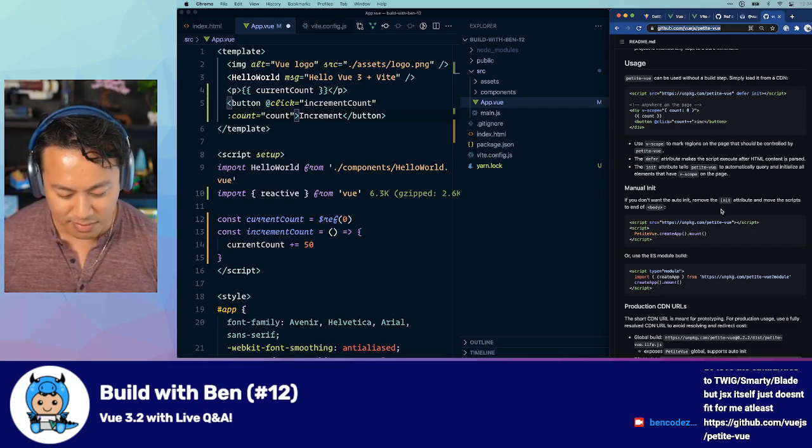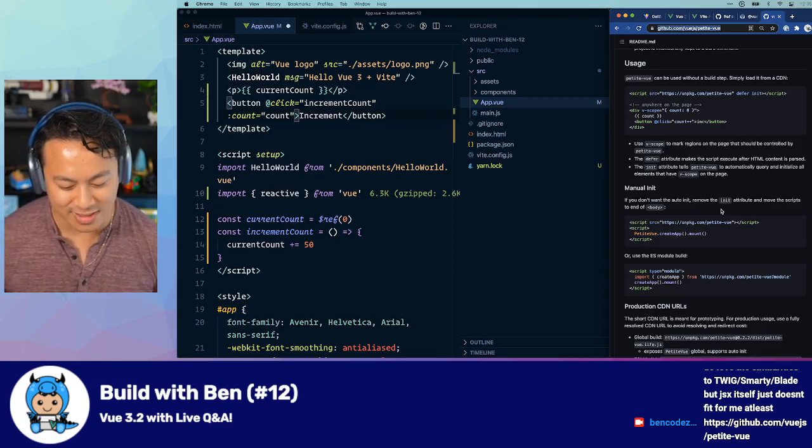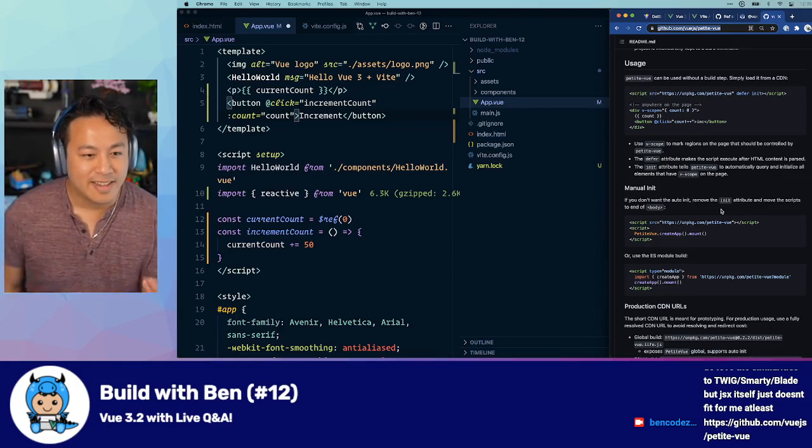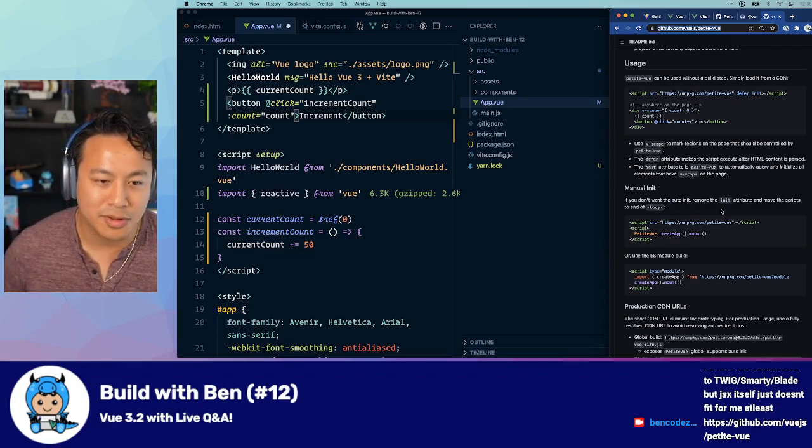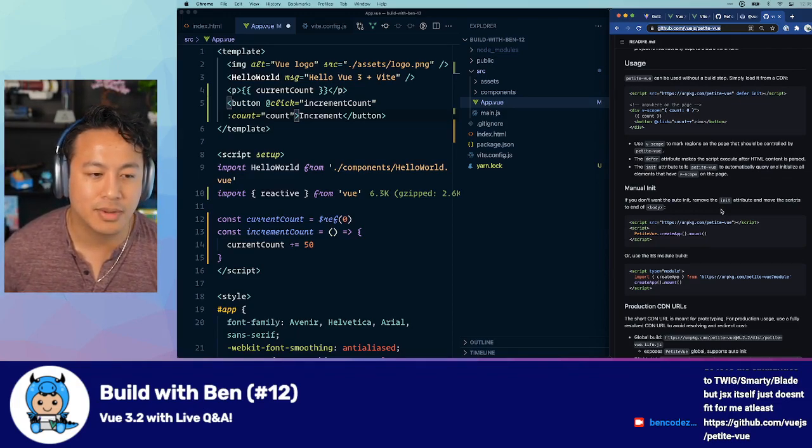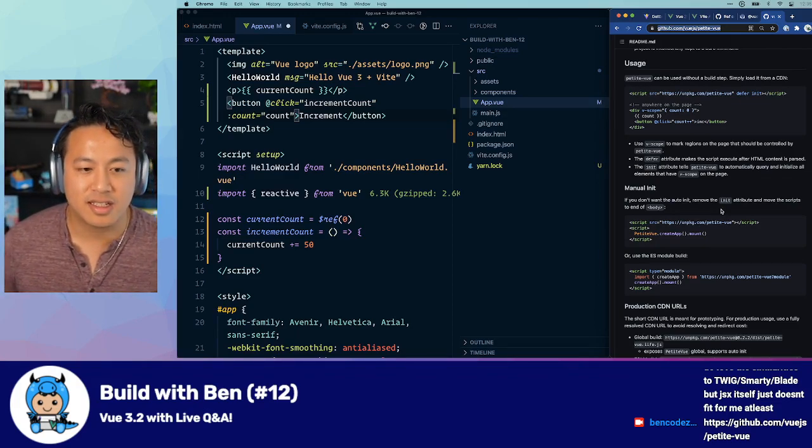So, I see here subway time says, JSX would actually make me leave Vue. I love the similarities between Twig and itself, and it just doesn't fit for me at least. And so that's just it, right? I think, subway time, you bring up an excellent point, which is that this here,